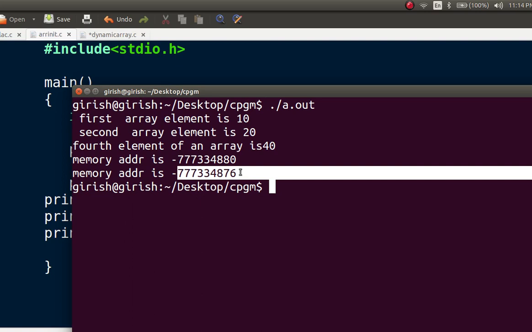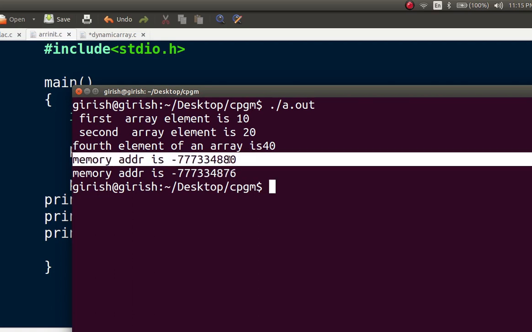Now we are using the int data type. Int has a size of 4, so 876 plus 4, the next address is 880. So this is the memory address we have also printed. If you have any doubts, please ask me. Thank you.